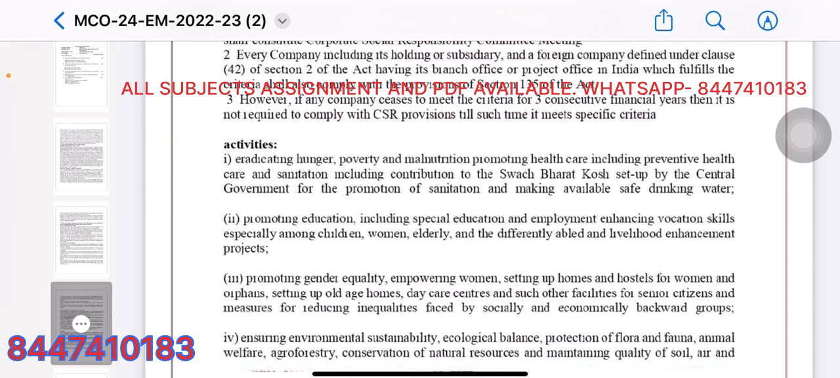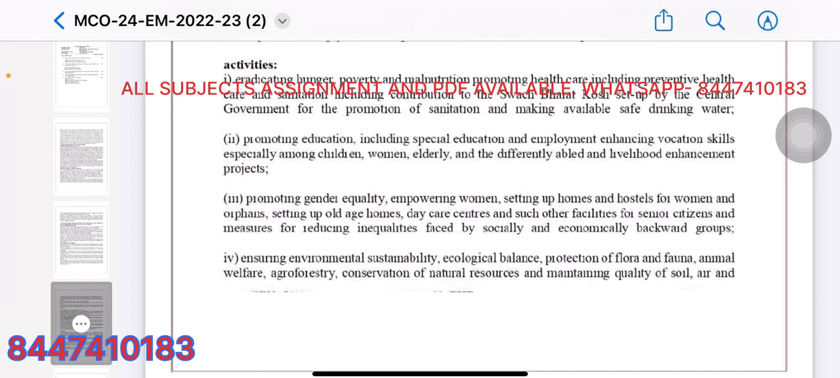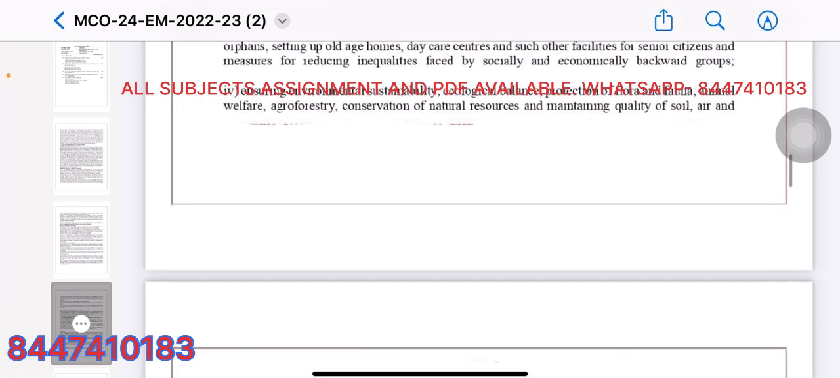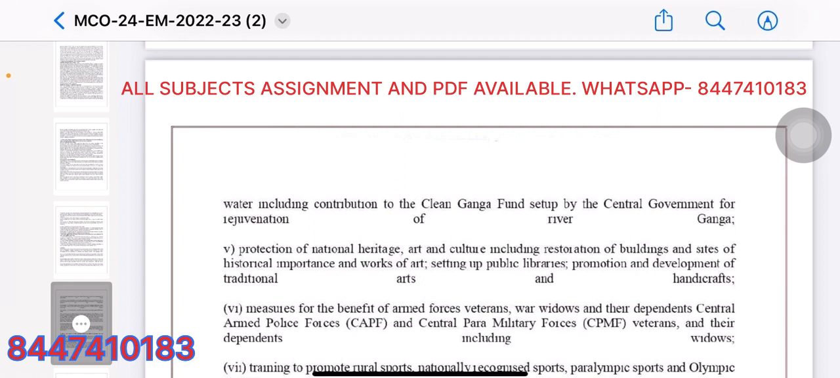women, elderly and the differently abled, livelihood enhancement projects, promoting gender equality, empowering women, setting up homes and hostels for women and orphans, setting up old age homes, daycare centers, and such other facilities for senior citizens, and measures for reducing inequalities faced by socially and economically backward groups, ensuring environmental sustainability, ecological balance, protection of flora and fauna, animal welfare, agroforestry, conservation of natural resources, and maintaining quality of soil, air and water, including contribution to the Clean Ganga Fund set up by the central government for